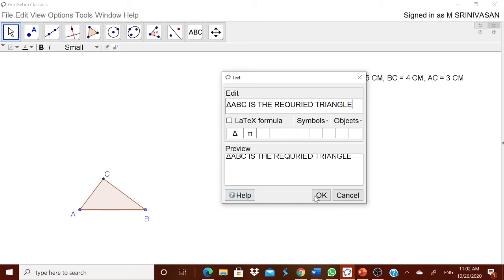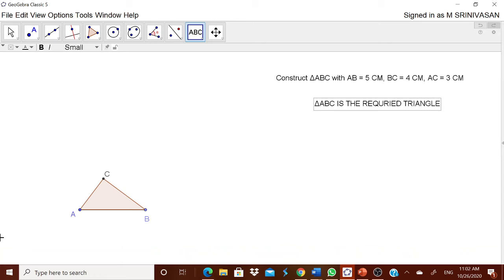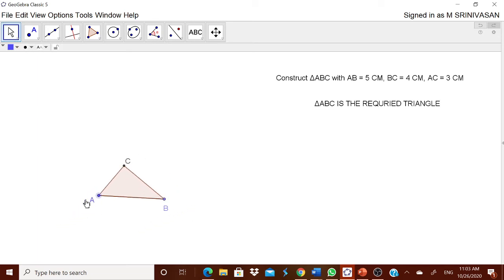Okay, the triangle is drawn now. Let us try to explore this triangle now. What are its specialities? Remember, this is a constructed triangle. As you have done in the previous case, you cannot drag it and then change its size. It is a triangle now with the given parameters.